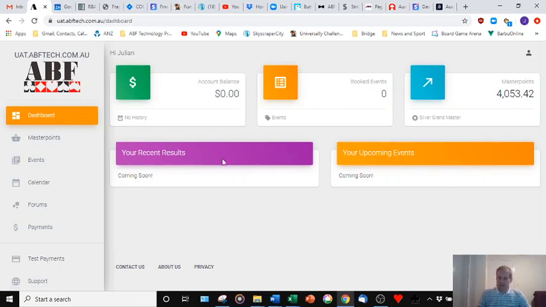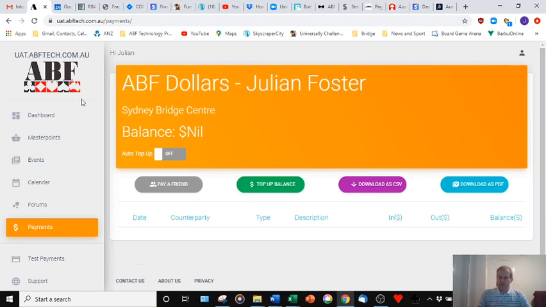And in the middle here, this isn't built yet, but this will be where you'll be able to see your bridge results and your upcoming events. And down the bottom here you'll be able to get assorted news items from states and clubs, and also a bridge forum. So focusing on payments here though, if I go into my ABF dollar statement, which is currently empty of course,